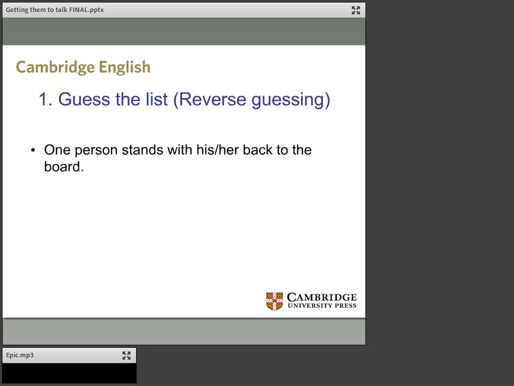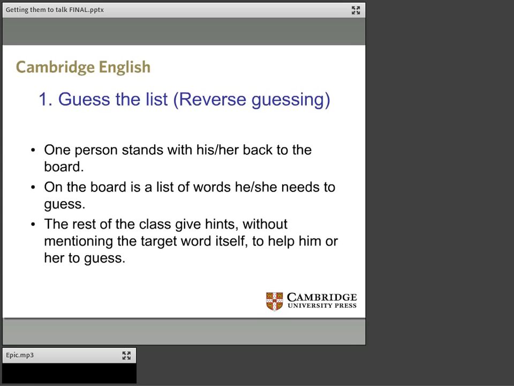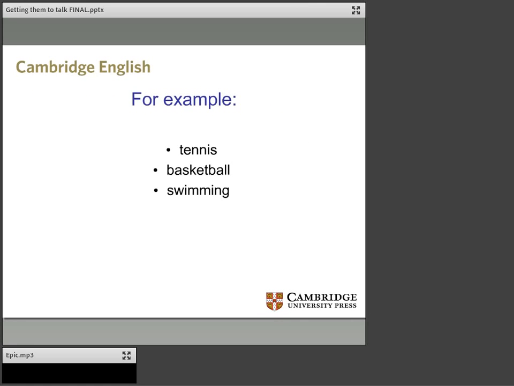How about this one? This is a game. I call it reverse guessing. One person stands with her back to the board. On the board is a list of words that they need to guess. And the rest of the class has to give hints without mentioning the target word itself to help him or her to guess. And they try to guess as fast as they can. So, for example, I'll say how it can be played in teams in a moment. So, for example, you might have these